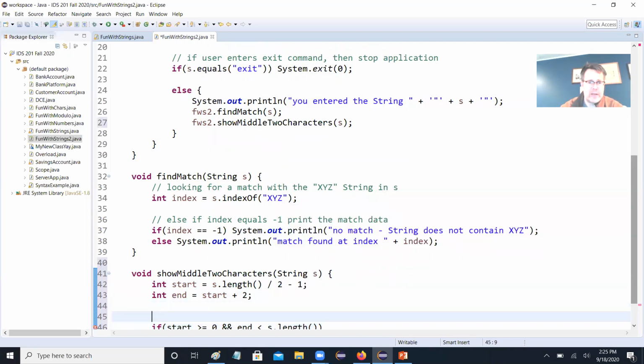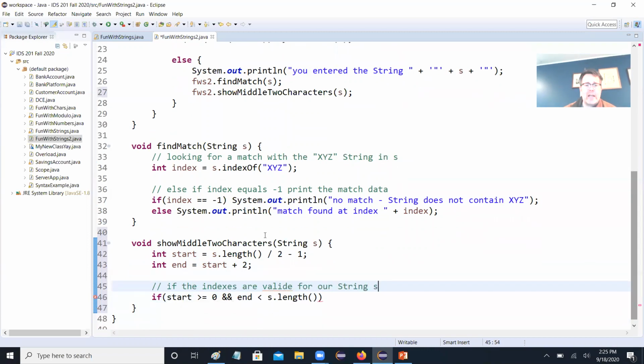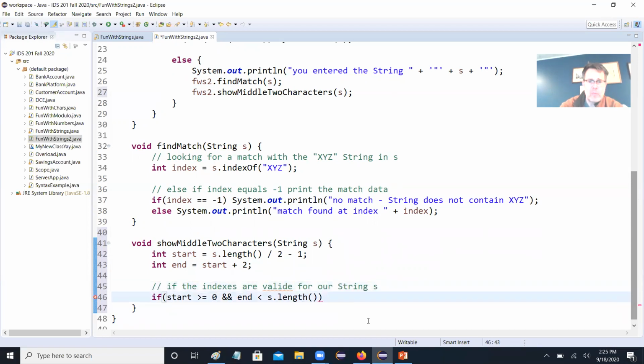Okay, so here we're going to say if the indexes are valid for our string s, because we don't want to have a negative starting index, that'll crash our program, and we don't want to have the end go afterwards. For example, if we sent in a string of length 1, right, there's no way that the end string could be a valid index. Right? So the initial start would be 0, the ending index would be 2, but 2 isn't a valid index for a single character string. So if that's true, then